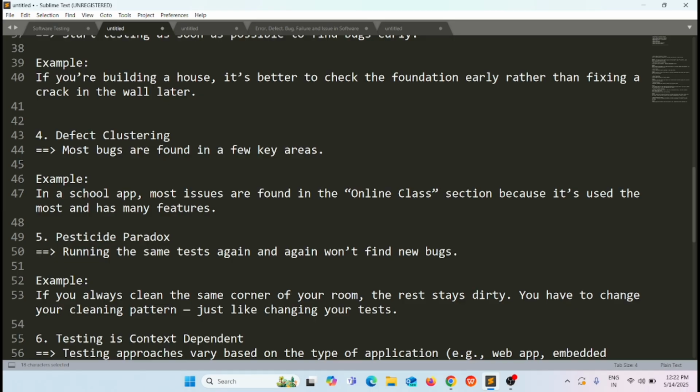Now what will happen after using it for a few days? You will notice that lots of insects are not killed, because we are using the same pesticide each and every day,